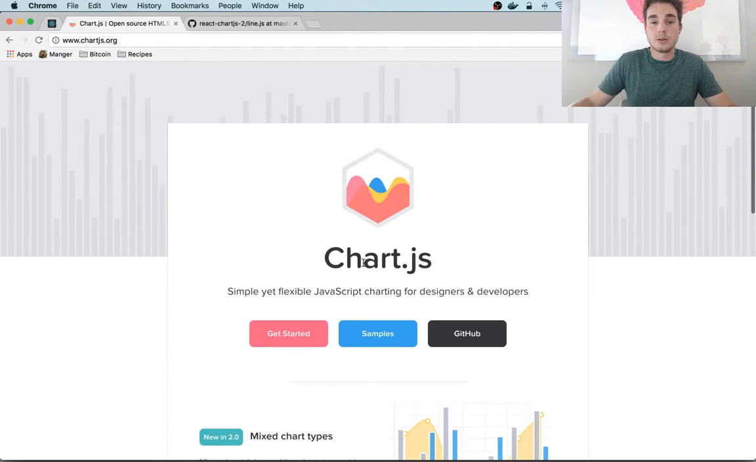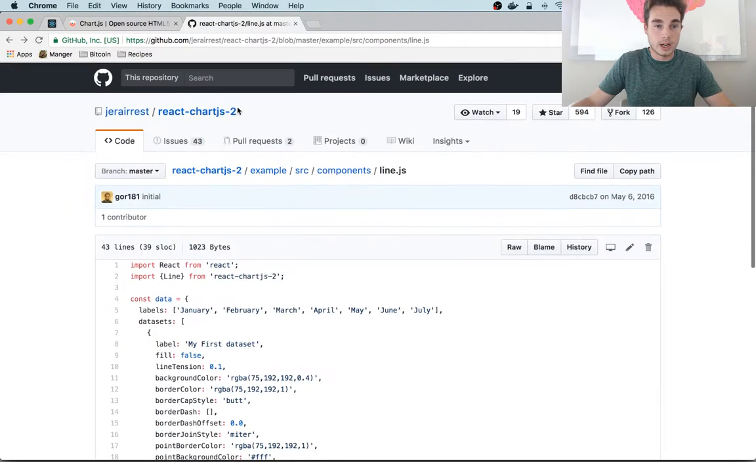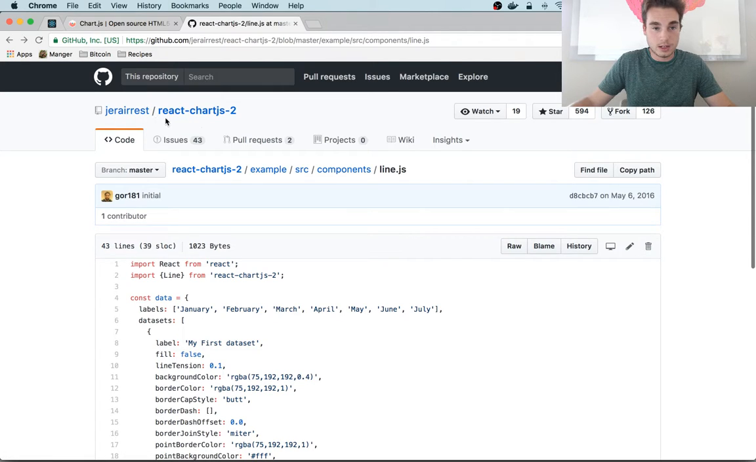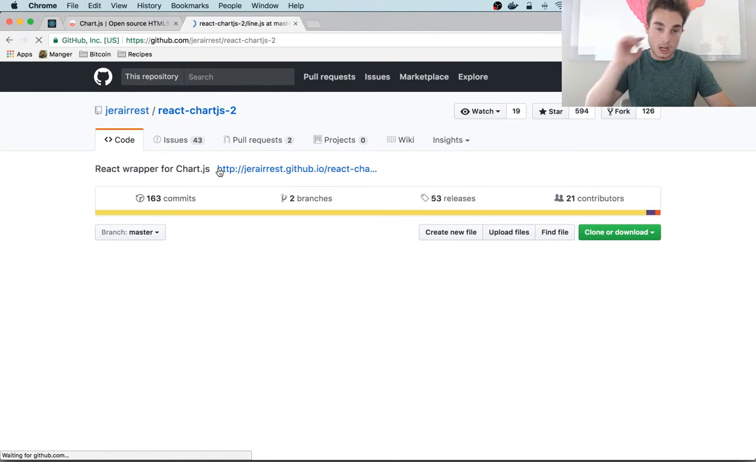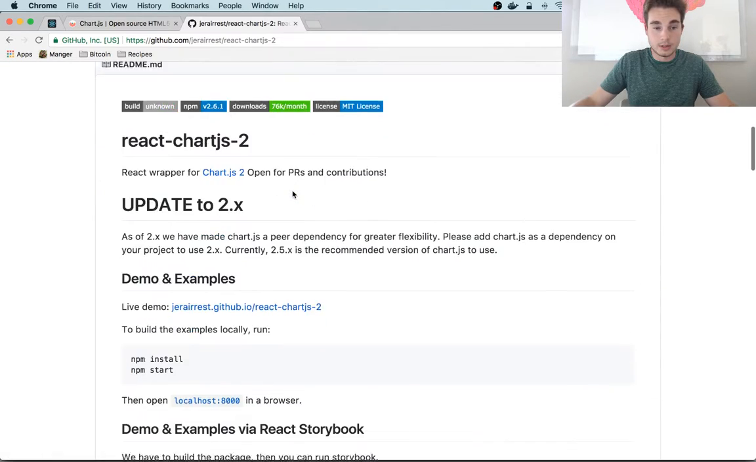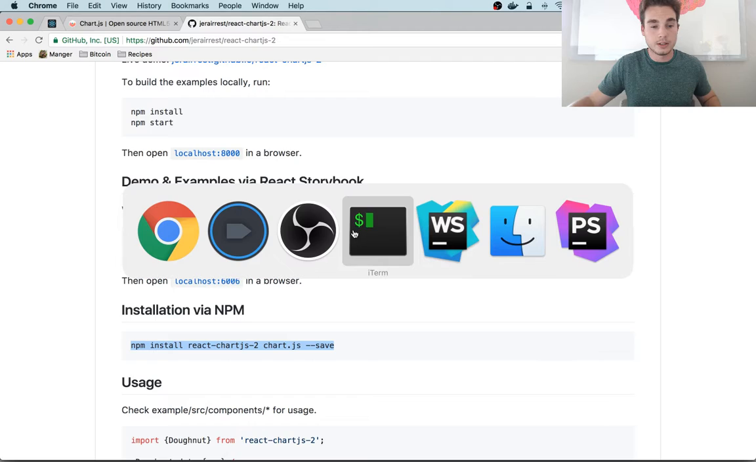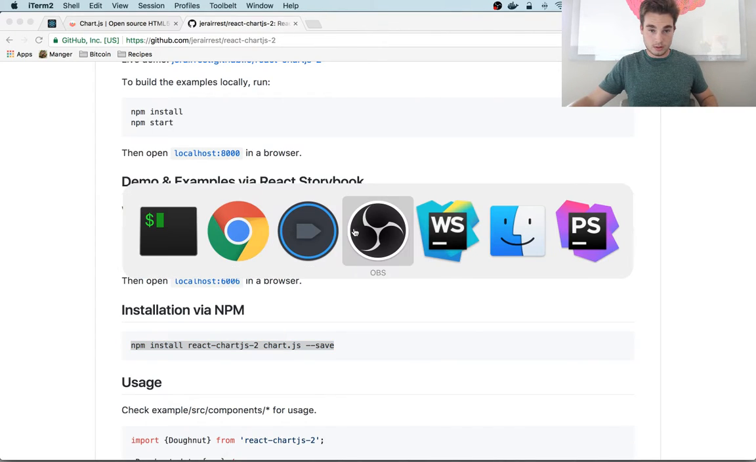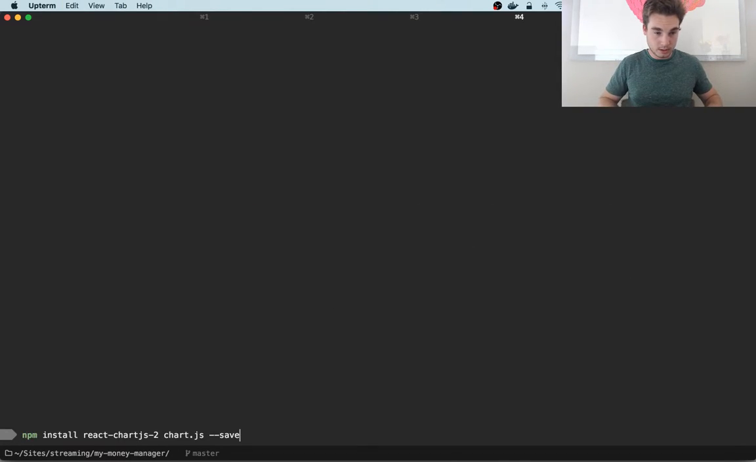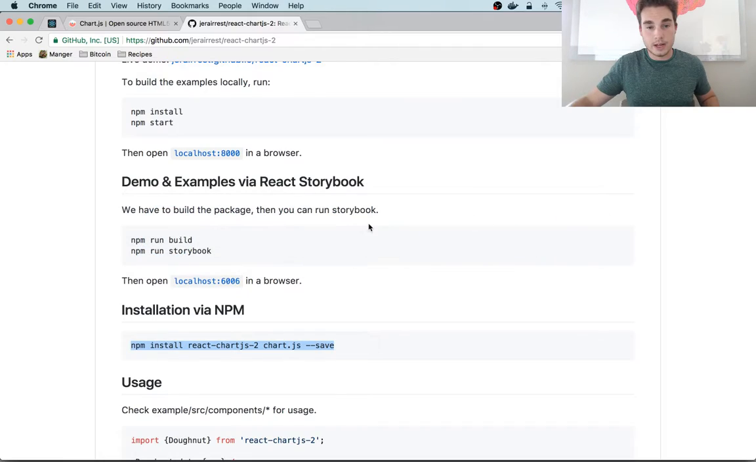So to add this to our React app, we are going to use a library created by Jerry Arrest called react-chartjs-2. It's very simple to add. It's a quick npm install command that you'll see on his GitHub page, which I've linked below in the description. So we'll just go ahead and copy this here and open up our terminal. We'll install that, and while we install that, I'm going to go over real quick as a reminder, or for